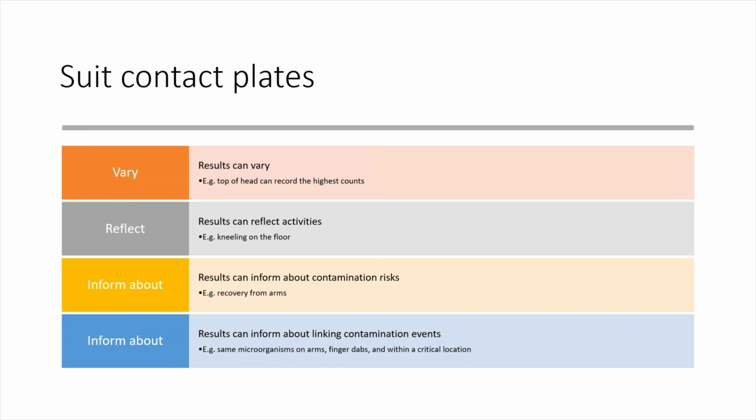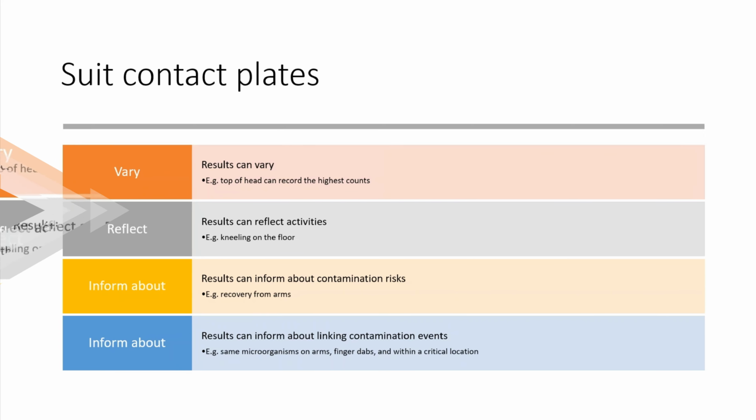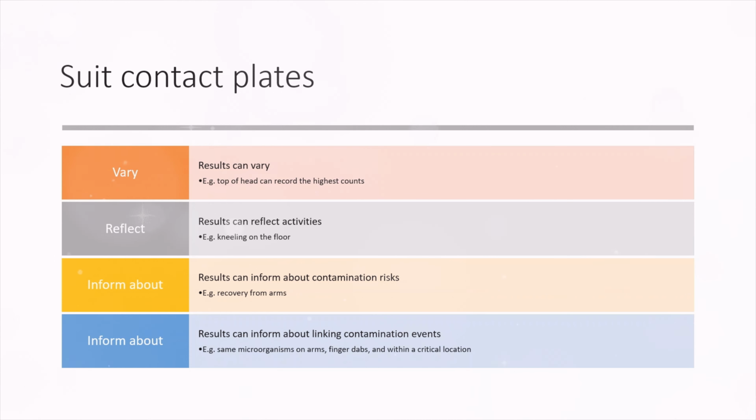Recovery from arms might be indicating that there's a risk with interventions. And also results can help with linking contamination events together. So if you get the same organism on the arms, finger dabs, and then perhaps from a surface with a critical location, this can give you some really solid information about risks and vulnerabilities involved with a particular aseptic